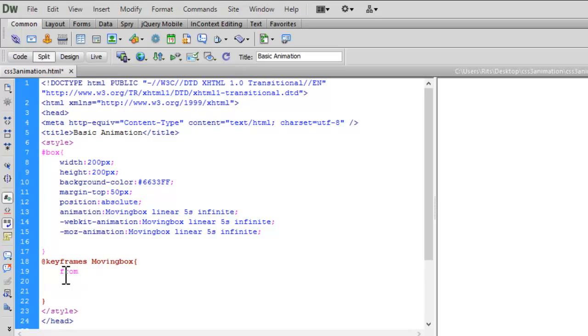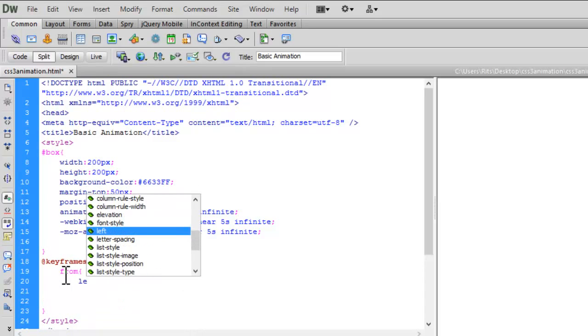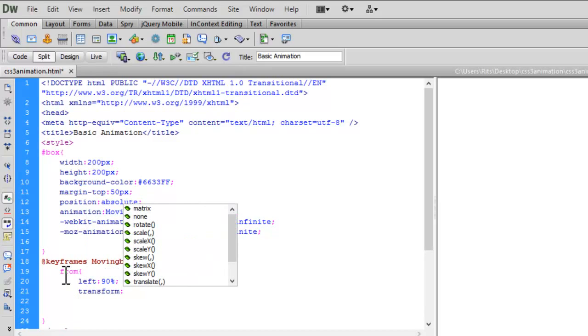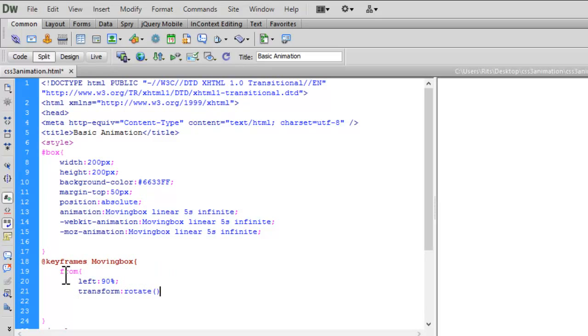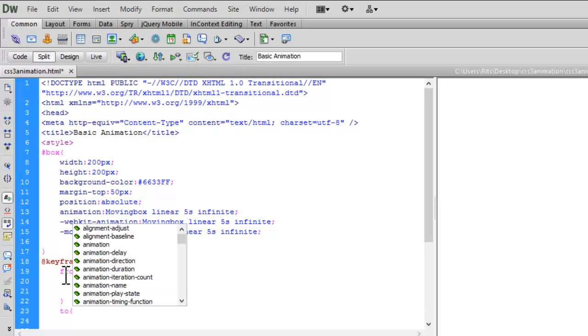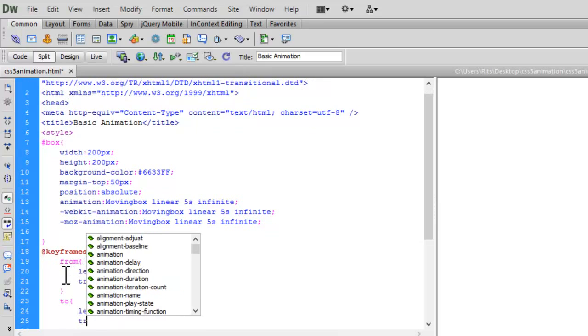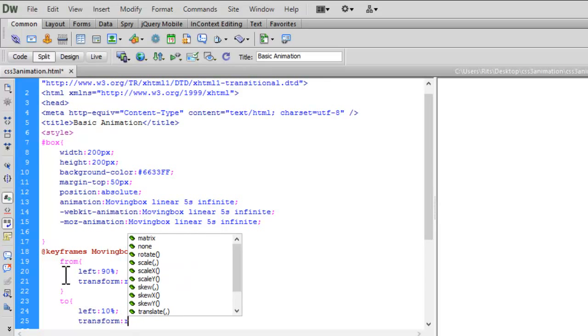Now from left 90%, transform, rotate 0 degree, to left 10%, transform, rotate 360 degree.